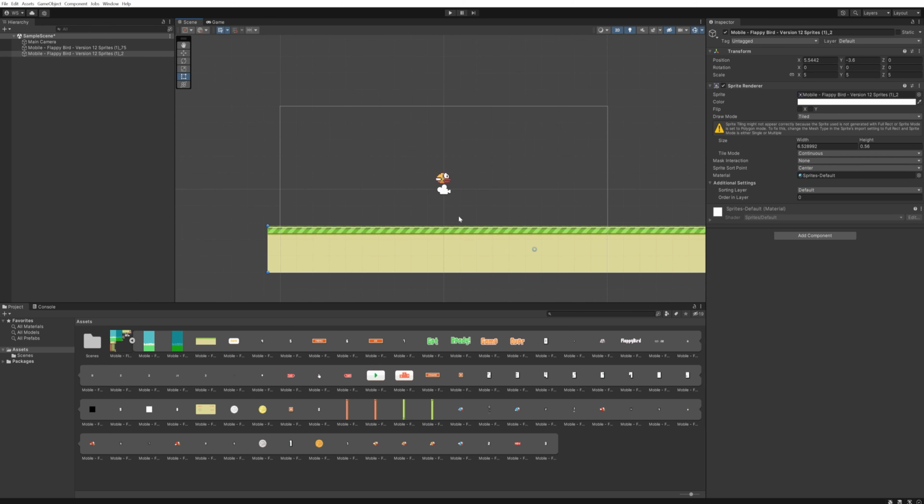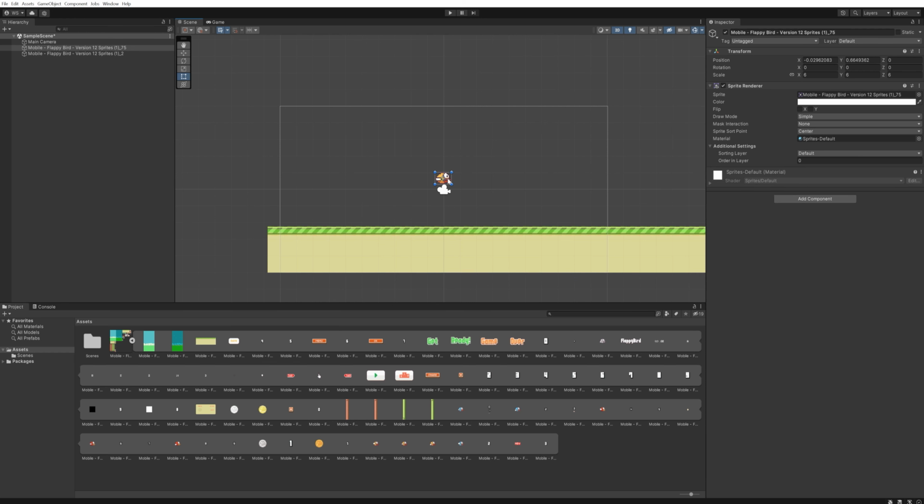Alright, so it's time to start working on the gameplay a little bit. How we're going to do this, instead of Flappy Bird moving through an endless generating world, which would be very, very difficult, we're going to keep the Flappy Bird character in place. He can only move up and down, and everything else is going to scroll by the character. That will still give us the illusion of moving forward, because everything is moving past us, but will be a lot easier to program, because we just need to spawn in everything here, make it go over the screen, and then delete itself here. So for our character here, we're only going to need to program it going up and